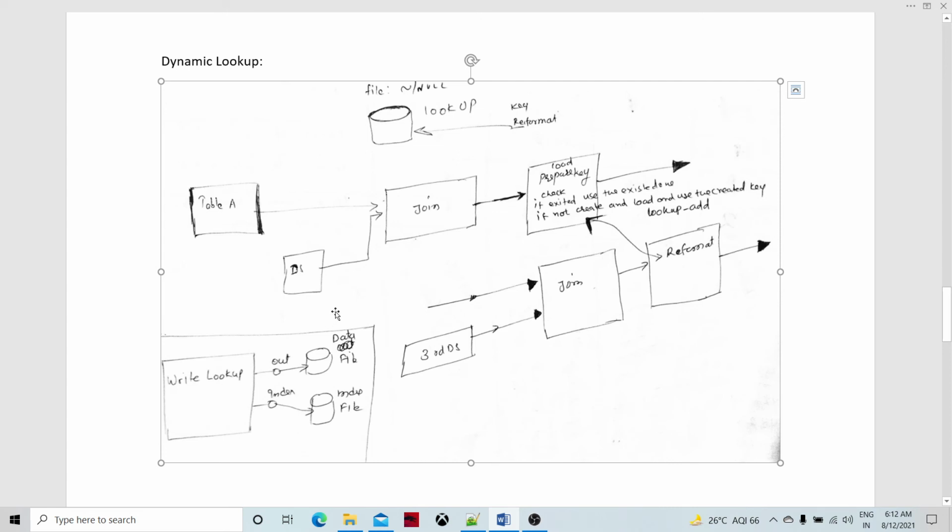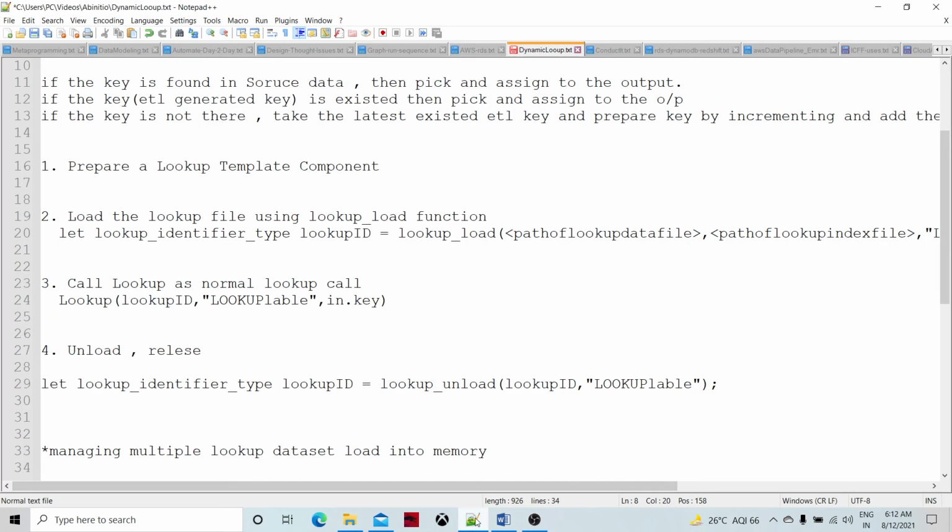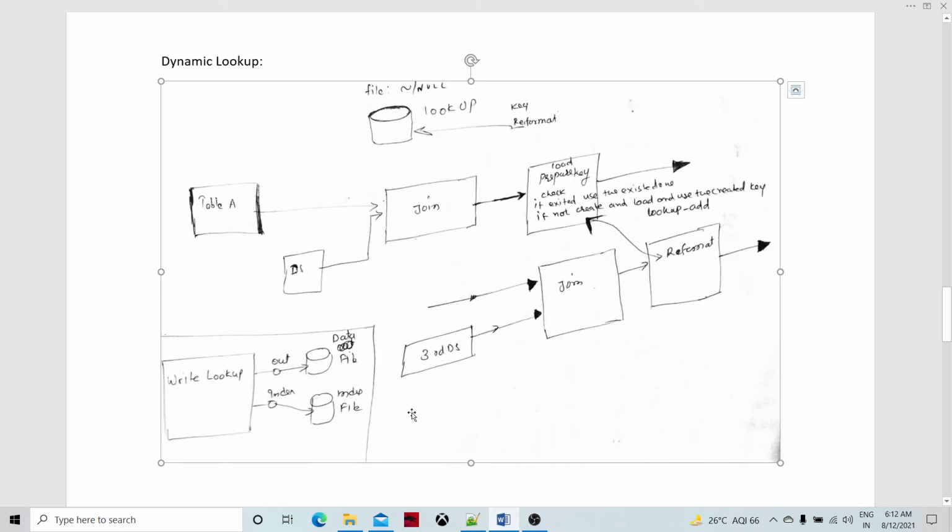So how we are going to construct this kind of dynamic lookup is we are going to use the write lookup, and then in the output there will be a data file and an index file I was talking about, right? We can specify the index file path also. If you were to construct the dynamic lookup from some external data, then you can attach this write lookup and get the data. This is a part of creation: write lookup and out and index. So there will be sorted data. If you are creating the indexed lookup, then you need to sort the data first, right? You sort the data, pass that data into the write lookup, and then create two files, okay? This is the data file, and this is the index file, okay?